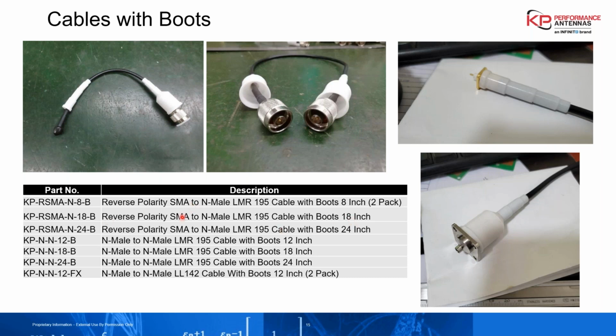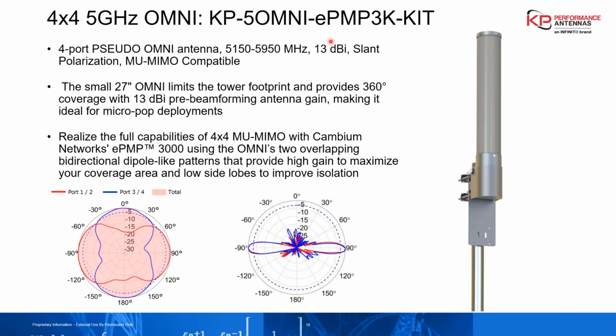And these aren't that much more expensive than normal cables. I think we only charge a few dollars more for them. This is a really cool product we're excited that we partnered with Cambium on. This is an OMNI antenna that works for the Cambium ePMP 3000 radio. It's released and in stock now, and it works as a very low cost solution to provide high throughput to a small or moderate number of clients near the tower,